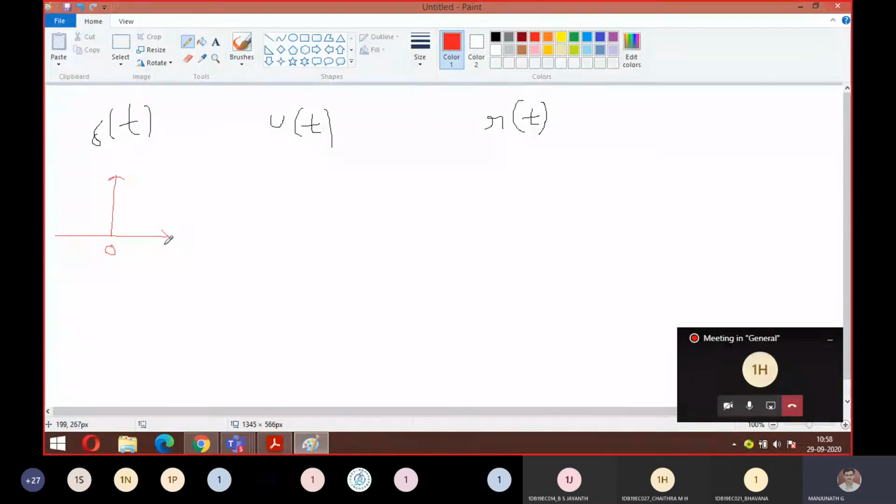So everywhere I am going to vary with respect to my time and amplitude. Similarly, you will be having u of t function also. So just plot the outline first, 0 to t. So this is your u of t. Your y-axis will be u of t, and same way you will be having a ramp function. That is also for 0 to t. So x-axis with respect to time and y-axis with respect to your amplitude.